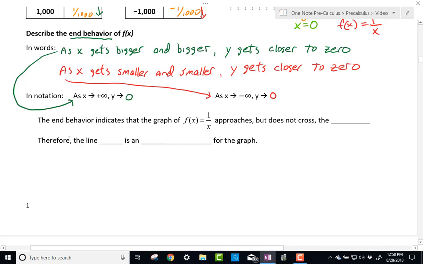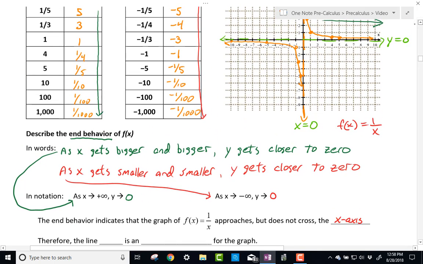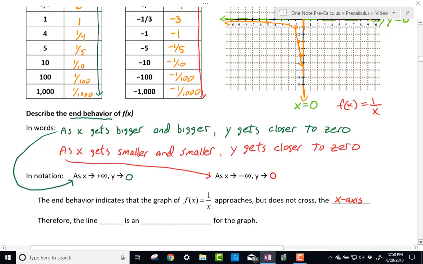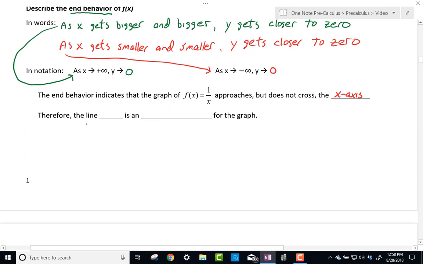So what does this tell us about the end behavior? What this indicates is that the graph of f of x equals 1 over x approaches but does not cross the x-axis. So as you saw up above, that graph got really close to the x-axis from the top and from the bottom, but it didn't cross. Therefore, we say that the line y equals 0 is an